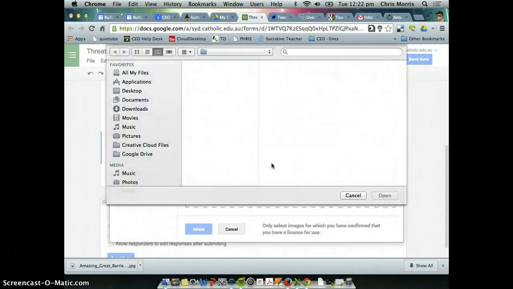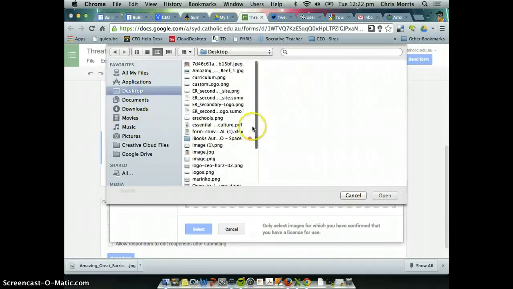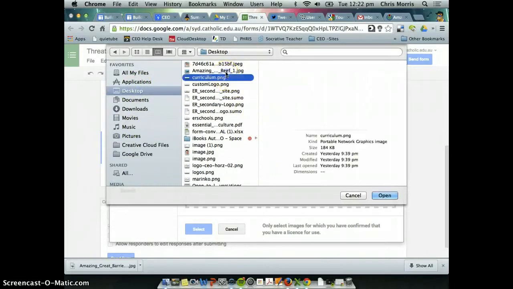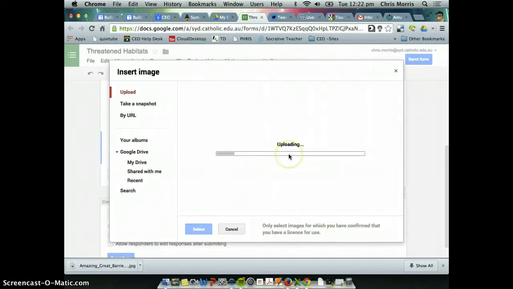And if I upload this image, it's sitting on my desktop at the moment. There it is there. That's the one. And that's going to embed nicely in my Google form. So it's that ease of use, that quick immediate thing. You don't have to bring up an image. It's all in the Google form for the students to